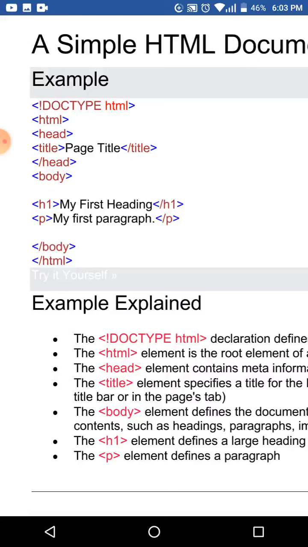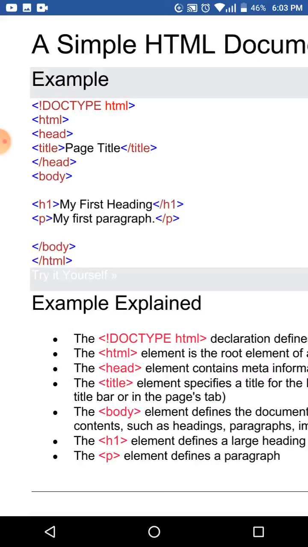And next, once any element has finished its work, after that we have to close it. So here the title element is started, and after that it is closed by the slash. The element ends at the end of the title. Next, if I don't have anything else inside the head element, I have to close the head element. You already know all these things, I think.